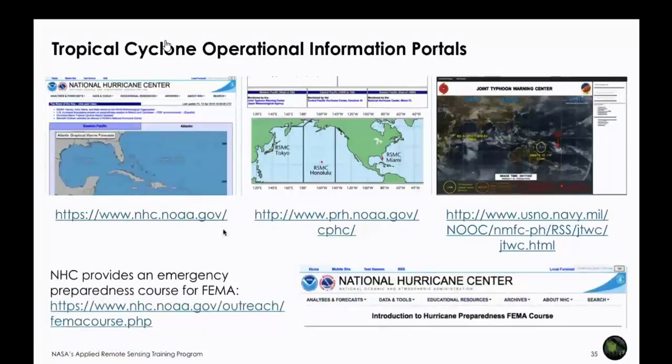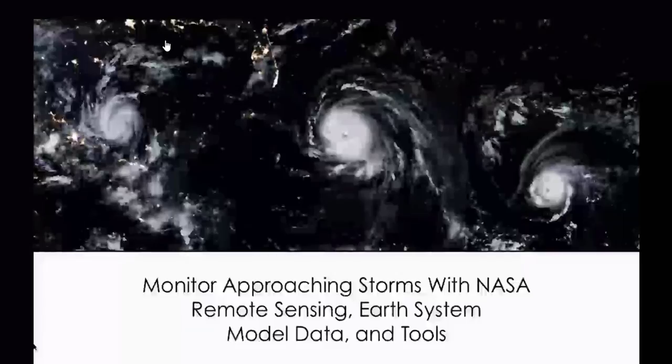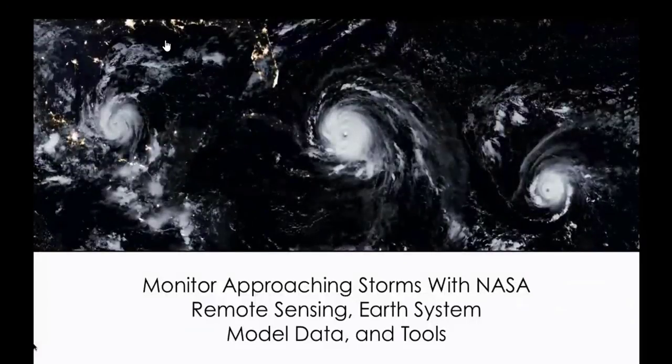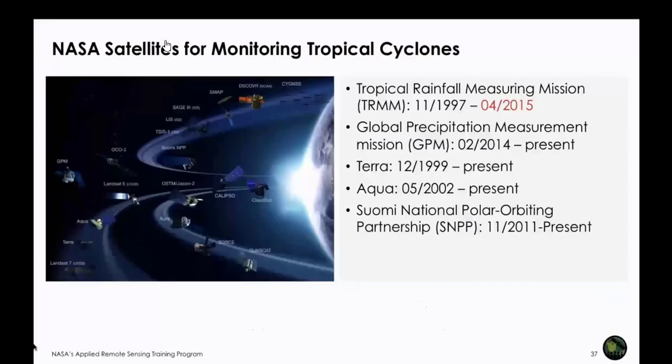One more thing, the National Hurricane Center provides an emergency preparedness course, especially for FEMA members. This is the Federal Emergency Management Agency, and here is the link. You can visit if you like. This training focuses on National Hurricane Center resources. What we are going to look at here for preparedness is how we can use NASA remote sensing data. Okay. And so we'll start with